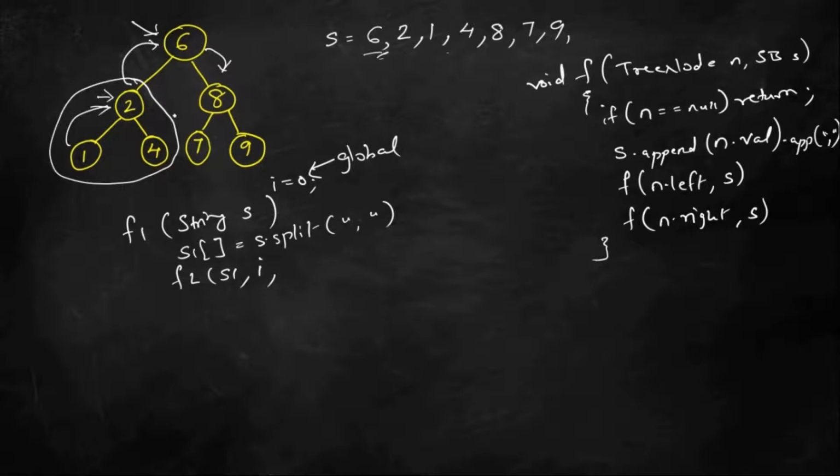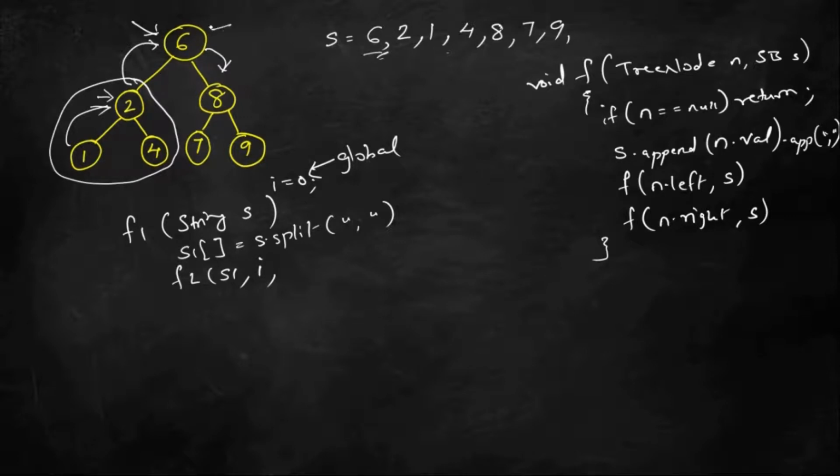Now for each subtree that we are processing, we can check what is the lowest value and what is the highest value. The highest value will always be the root value for the left subtree, and for the right subtree the highest value can be anything, it can be Integer.MAX_VALUE. But we know that the lowest value is the root value, because the right subtree will always be greater than my parent. Similarly for the left subtree, the highest will always be the parent, but the lowest can be anything, so it can be Integer.MIN_VALUE.